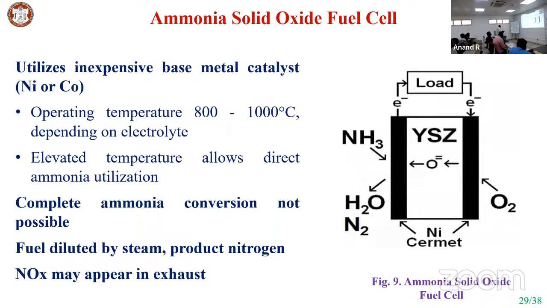So you utilize inexpensive base material catalyst. For all the material research you are doing, find out new material which is lower cost. Don't immediately go for the noble material. Try to find out from the periodic table what material we can use to replace the conventional material currently available in the market, either by single catalyst or going for multiple catalysts